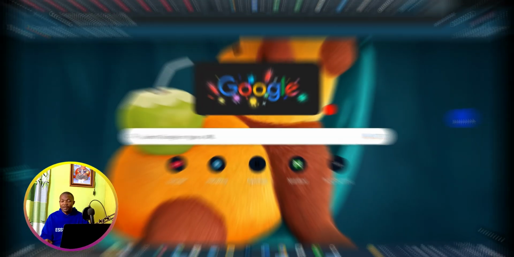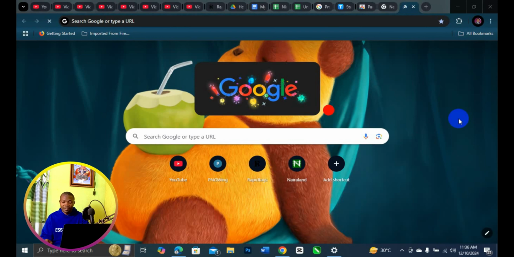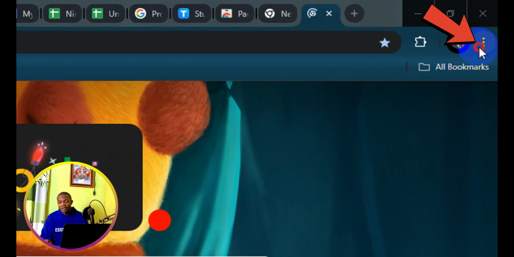My name is Rafi Yakub, and in today's video I'm going to show you how to delete a saved password in the Google Chrome browser. So the very first thing you need to do is to open up your Chrome browser. Then the next thing you need to do is to come to the top right here and click on these three dots right here,